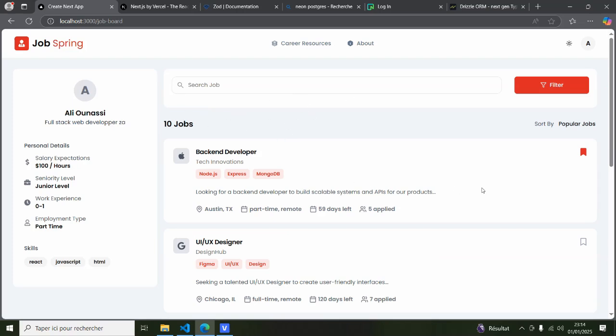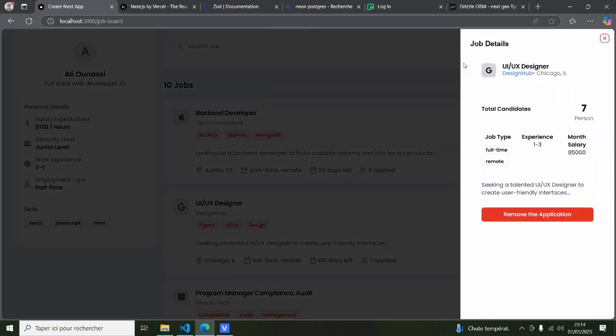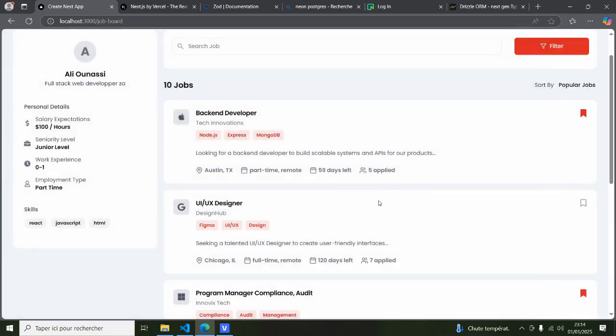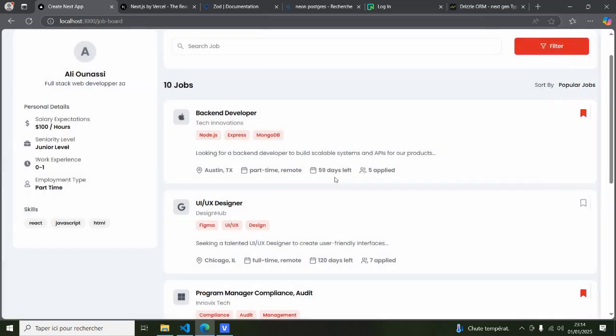Let's get into the most important stuff, which is being able to bookmark or apply to a job if we want to. For example, I can access the job. When I click on it, we can see more details about the job with this sheet. We're going to use shadcn for this. And because this job has been applied to, I can remove the application. So as you can see,